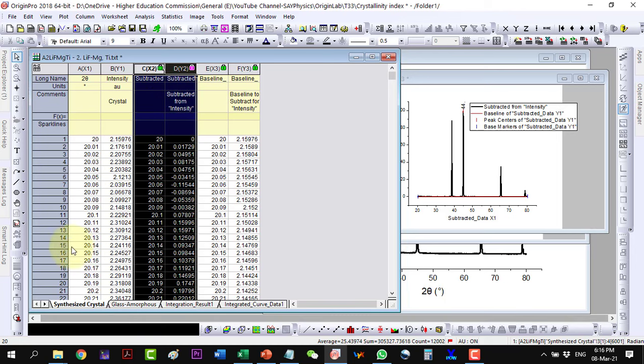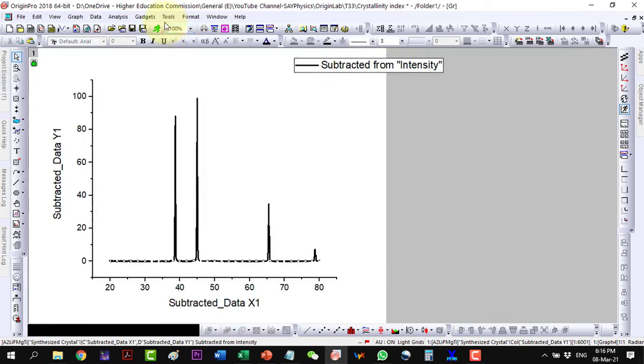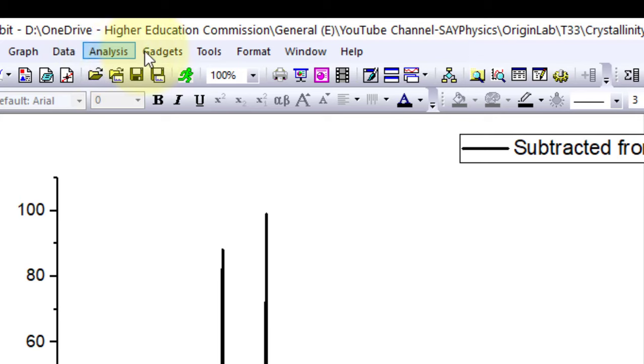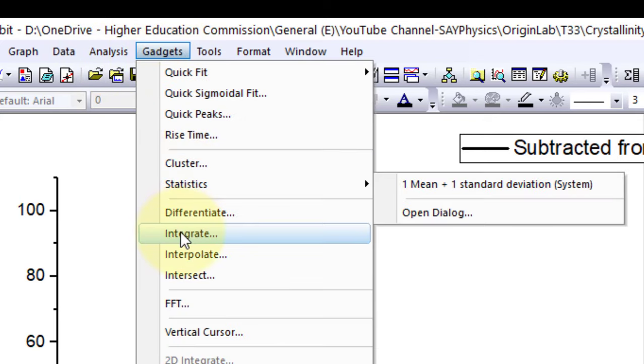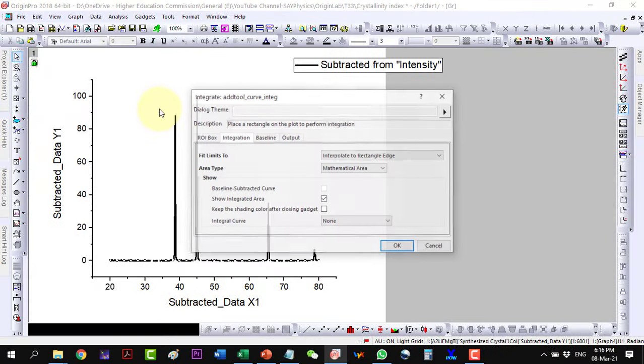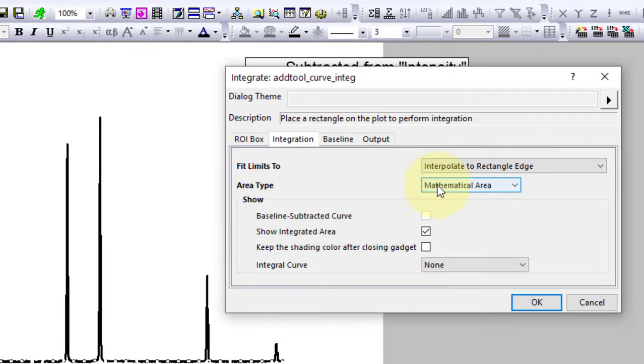Select the data and plot it. Now go to gadget instead of analysis, and under the gadget we go to integrate, and here we are having the options. Now I will calculate the area here, and I will have to check this one in order to keep the selection.